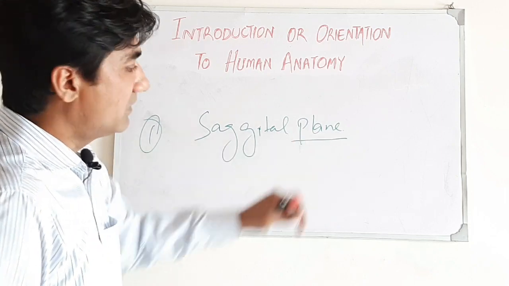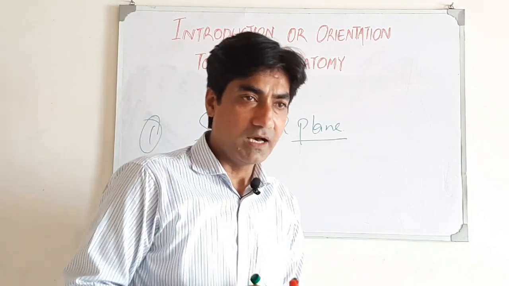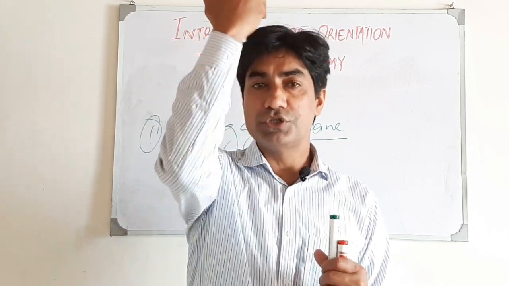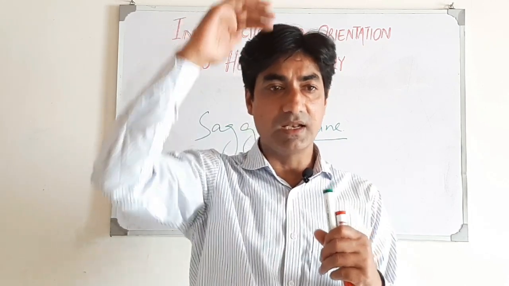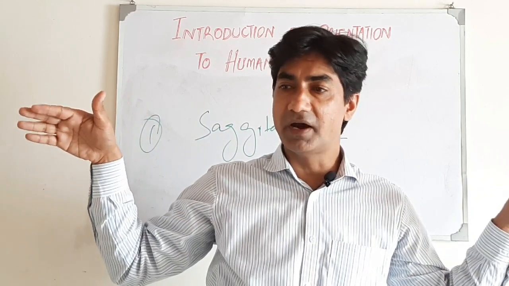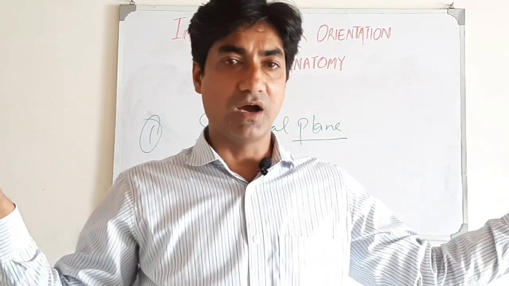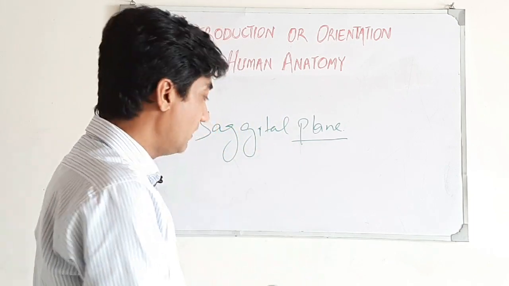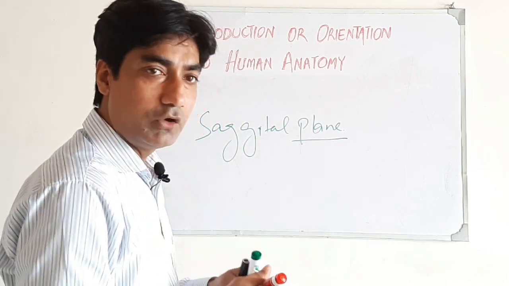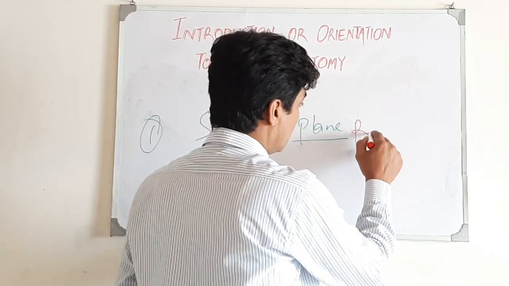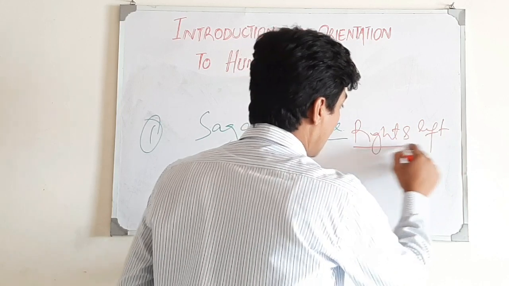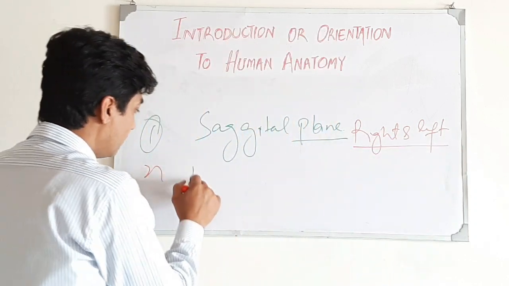In the sagittal plane, we make a cut vertically in the midline position, and the body will be divided into right and left half. This type of plane is called an imaginary plane. And the second one is